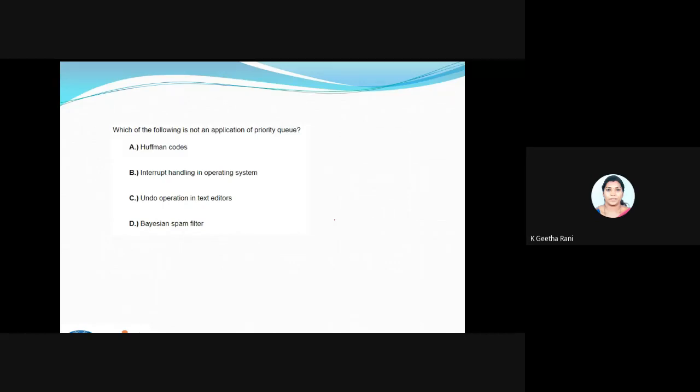Which of the following is not an application of priority queue? You can see so many new terms here. If it's okay, you can just give a try if possible. So they're asking which is not an application.